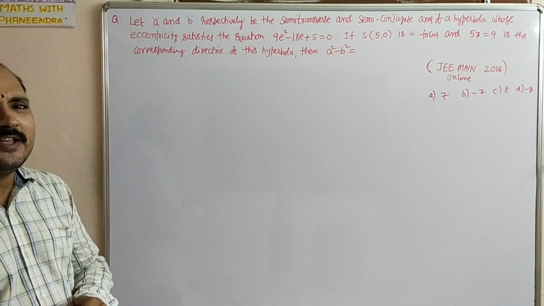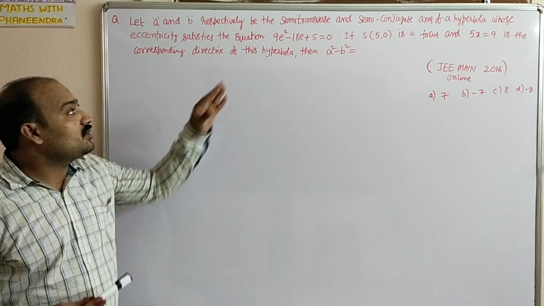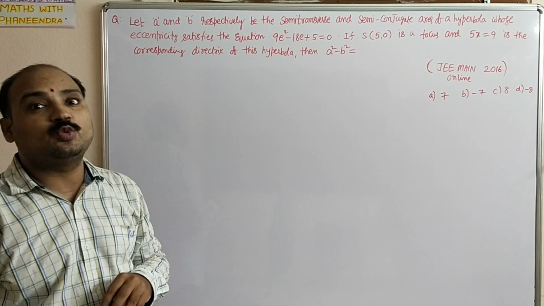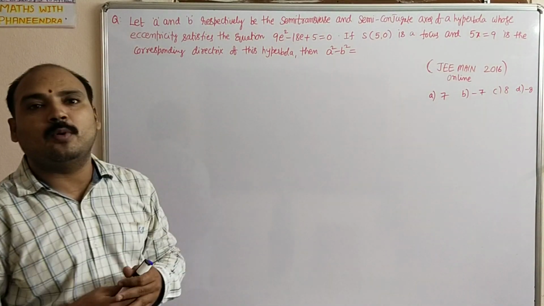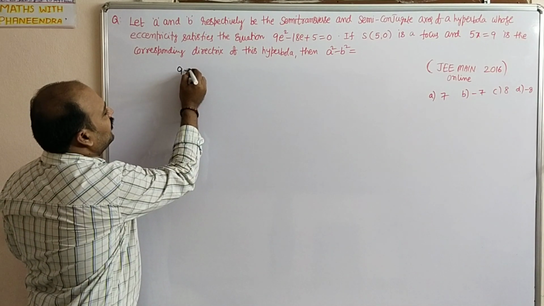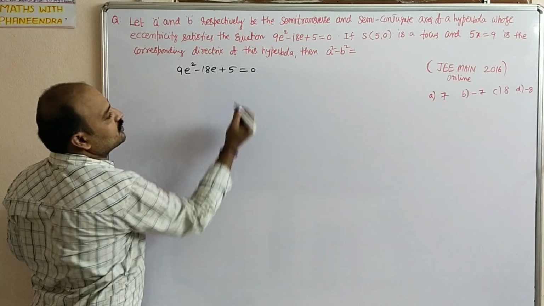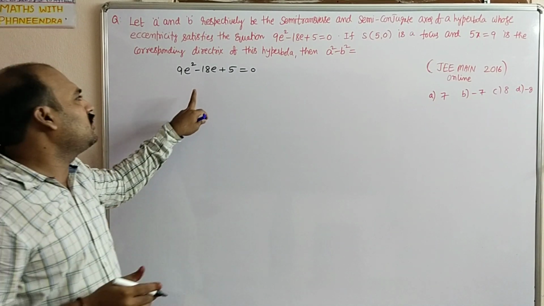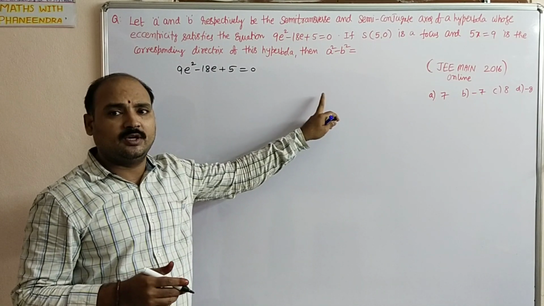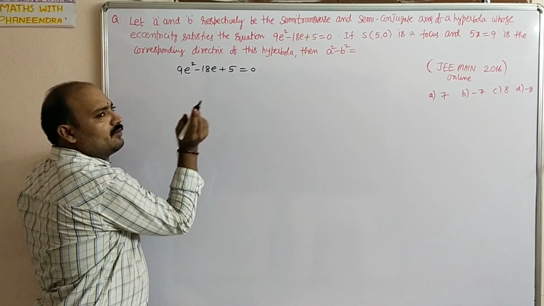So we need to calculate the eccentricity. Why? Because the equation is given. A quadratic equation of eccentricity is given, which means we have two values of eccentricity. Among those, we can see which one is related to the given hyperbola. See, the first given equation is 9e square minus 18e plus 5 equal to 0. Factorization you have to do. If there is a problem in the factorization, you can go for minus b plus or minus root over b square minus 4ac by 2a. You can go for that. But I am doing it the factorization way.